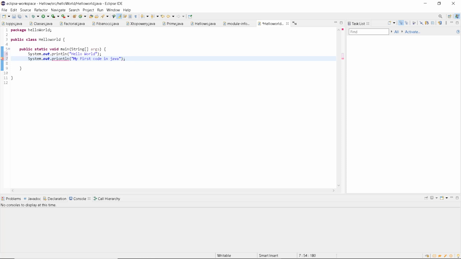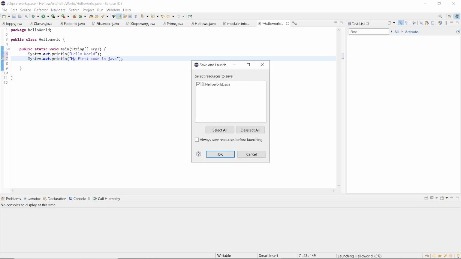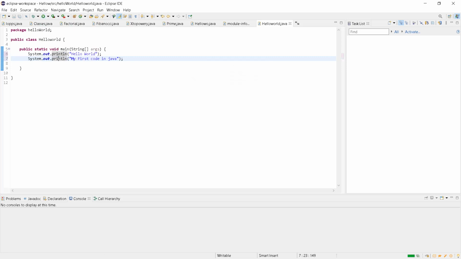And at the end it is very important to put the semicolon. Now let's run this code. See, you could see, hello world, my first code in Java.